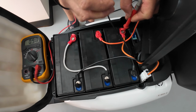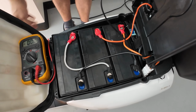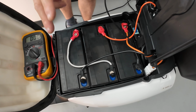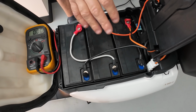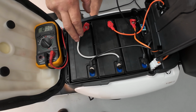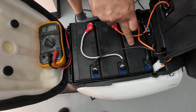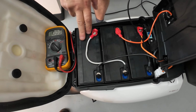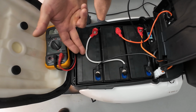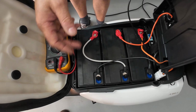So all 3 batteries are sending a good, proper voltage, and I don't have any problem with that. The first indication if you have a problem with a battery will be lower voltage than other batteries. For example, if you see 11 volts in this one and 12.6 and 12.6 in the others, then you know this needs to be replaced. But this is not always the case, because batteries could be pretty deceiving